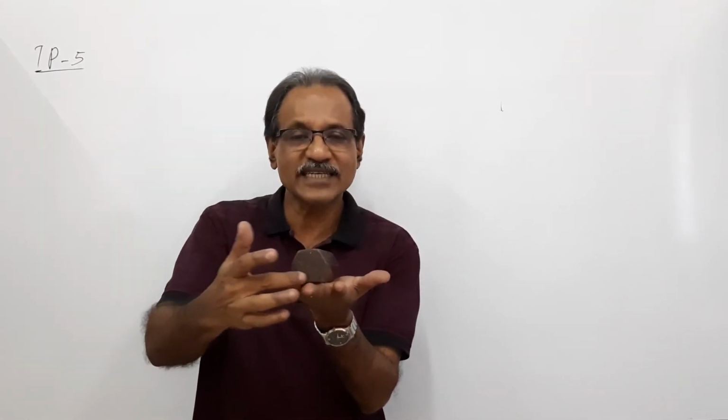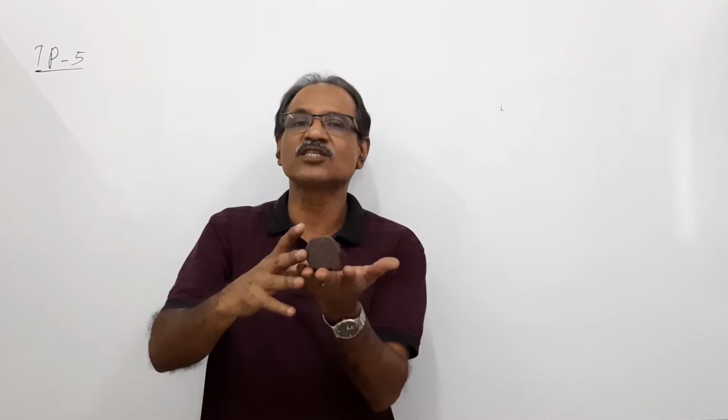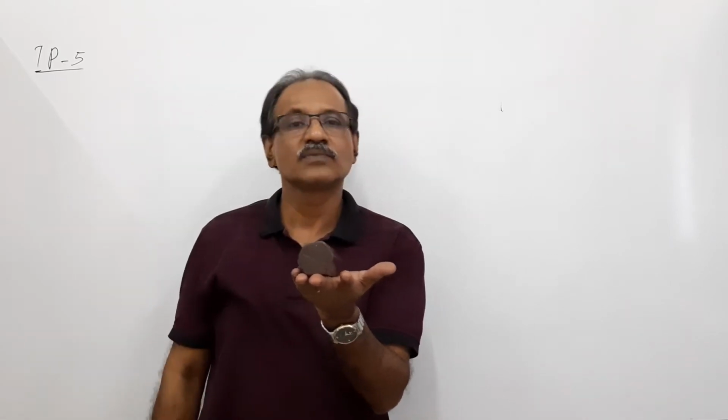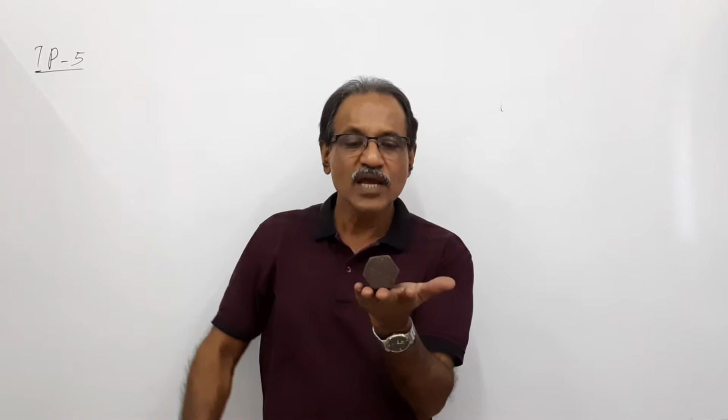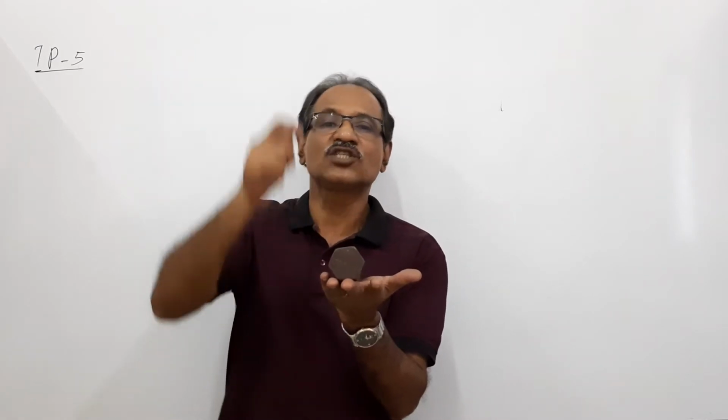The side of the hexagonal prism is 30 mm and the axis length is 70 mm, and the cylinder is 50 mm diameter and 60 mm tall. I repeat the question. The hexagonal prism, 30 mm side, 70 mm axis, lies on the ground on a rectangular face. On the top rectangular face stands a cylinder, 50 mm diameter, 60 mm tall.